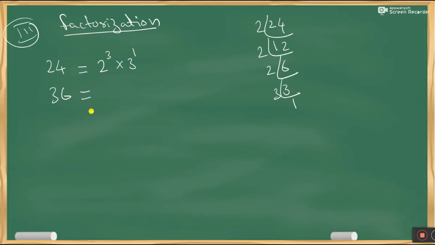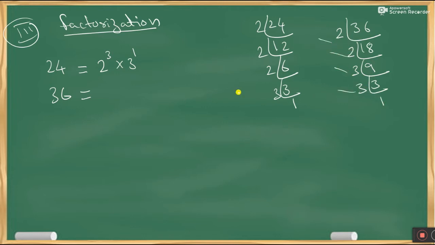2 power 3, that is 2 cube is 8, 8 threes are 24, so it's correct. Now in a similar way, how can we write 36? Let us write the factorized form using L division. So for 36 I can start with 2: 2 18s are 36, next similarly 2 9s are 18, next 3 3s are 9, 3 1s are 3. So seeing this, I can say 36 has 2 2s and 2 3s in it. So that is 2 square and 3 square. These are the factorized forms of the given numbers. Now, whenever the numbers are in factorized form, finding the LCM is almost easy.